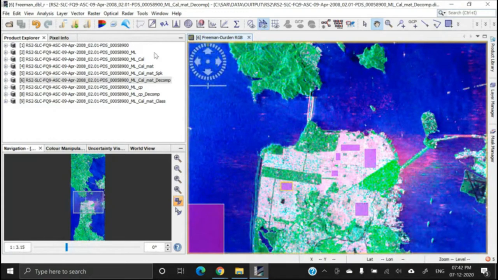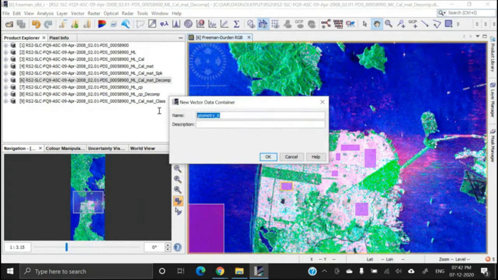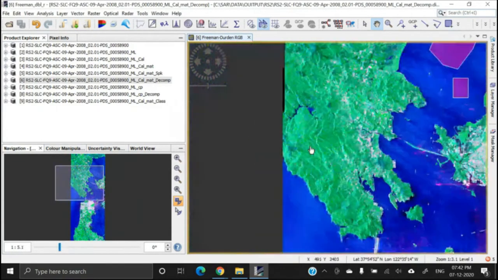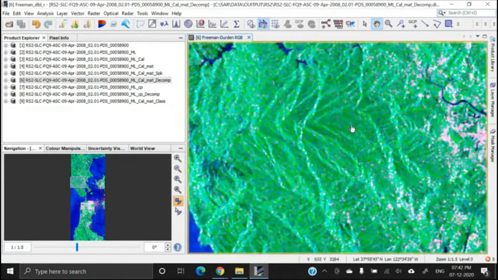Okay. So again, go to the vector and new vector data container and type the name as vegetation. Vegetation. Okay. Now select these pixels as vegetation.